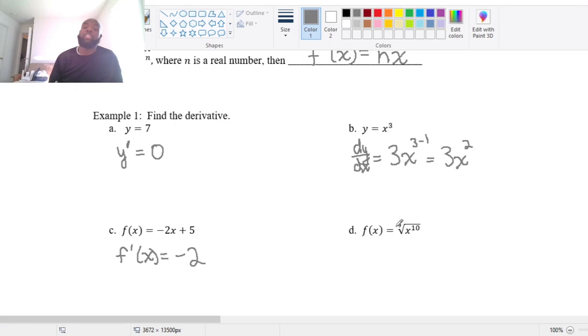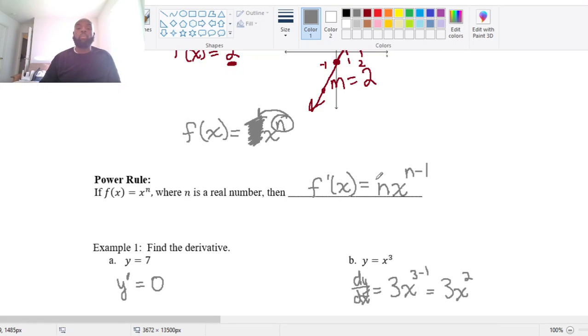Here I have f of x equals the 9th root of x to the 10th. Notice this is actually a power function, but the way that I see it written, it does not look like a power function, right? It's a radical expression, but we can change any radical expression to its equivalent expression by using a fractional exponent. Remember, before I even do the derivative,